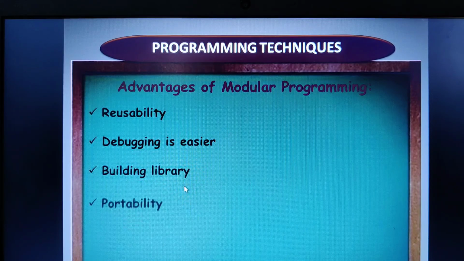The last one is portability. The different library functions are common across different operating systems.